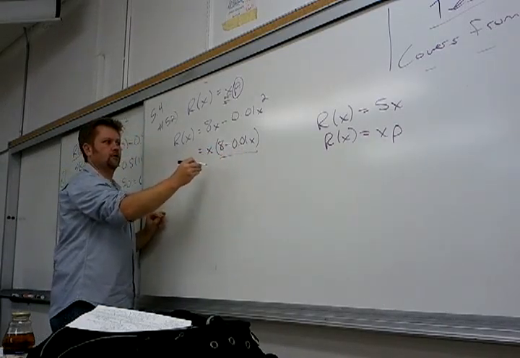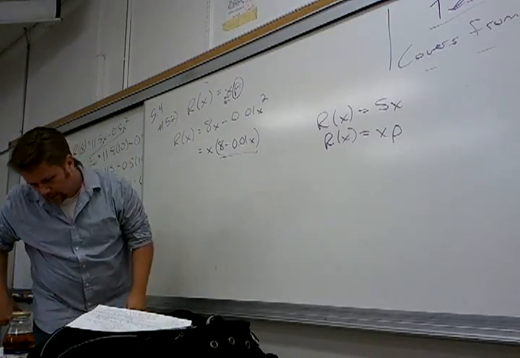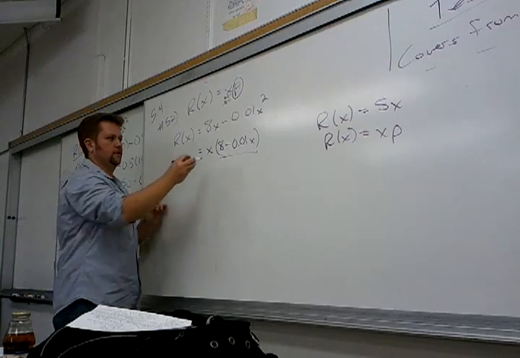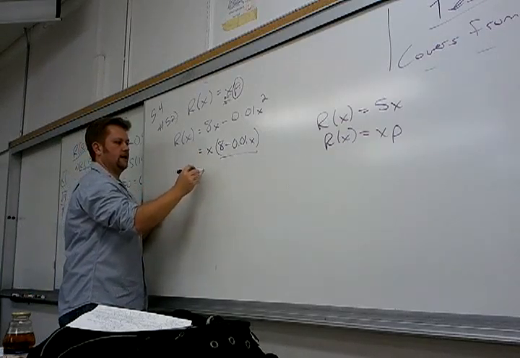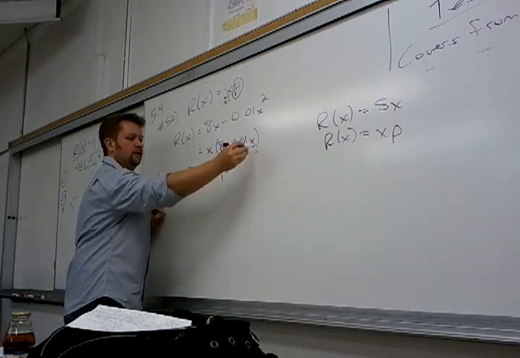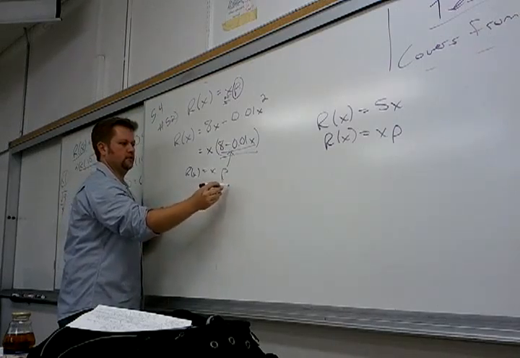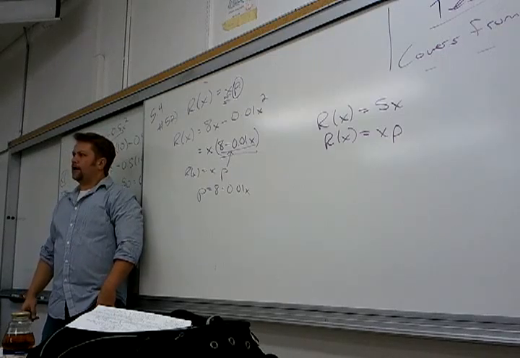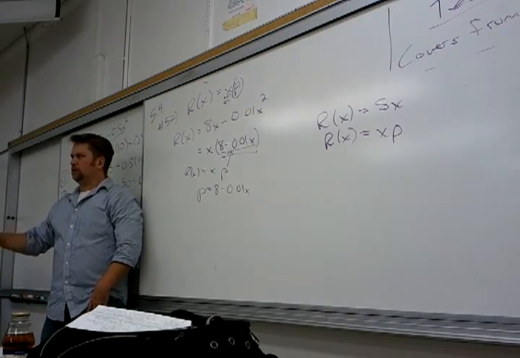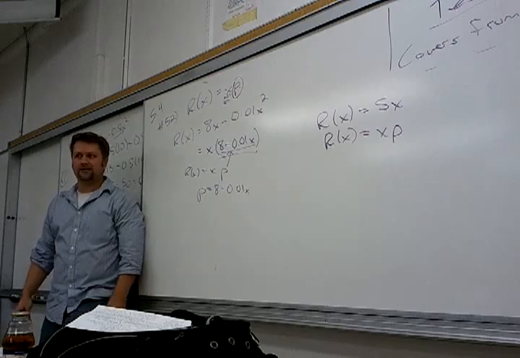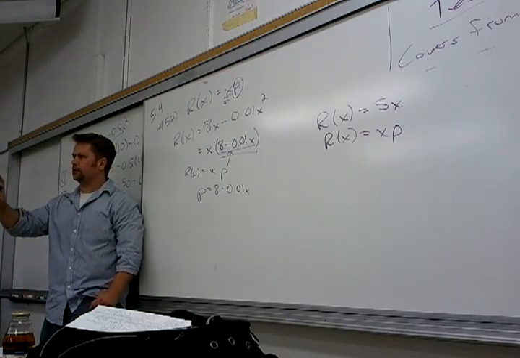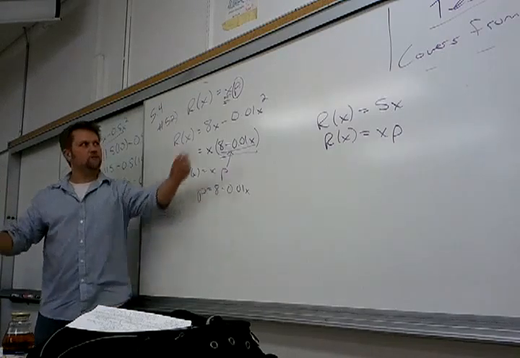Exactly. So the first part of this question says, give price P in terms of X. So R is X times P, so P must be this. P equals this. Now this is not a problem that I gave you expecting you to be able to do it, period. This is one of those problems I expect a question on, because it's not the most immediately obvious. But you guys kind of see what I mean when I say it's sort of like MX plus B? Yes. If I just make it look like this,